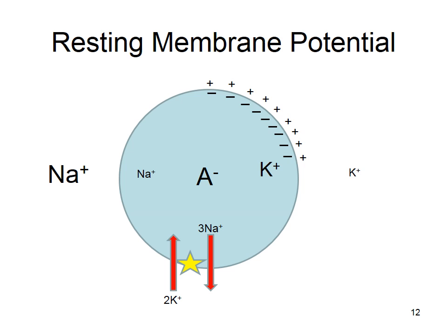So that sets up our sodium gradient where you have lots of sodium outside, very little inside, and our potassium gradient. Lots of potassium inside, very little outside. It's all due to the sodium-potassium pump.